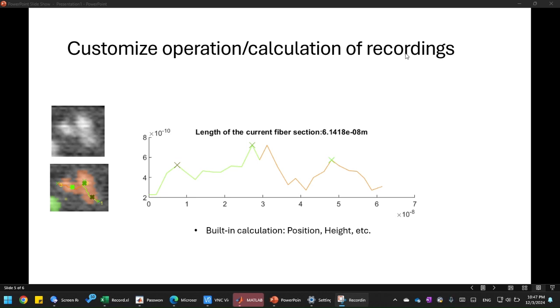Hello everyone. In this video, I will show you a new feature in Image Matrix that allows you to customize the calculation of your particle recordings, such as the position recordings. For example, in the position analysis, like in this protein that I show you here, which is a three-domain